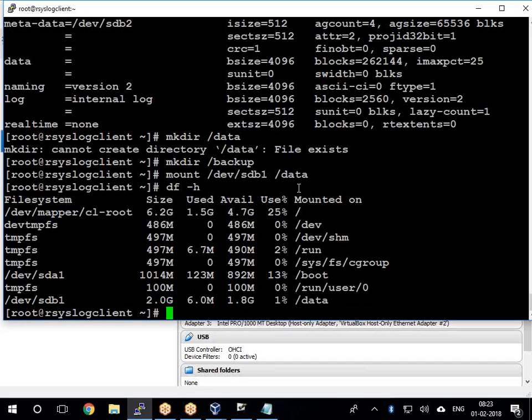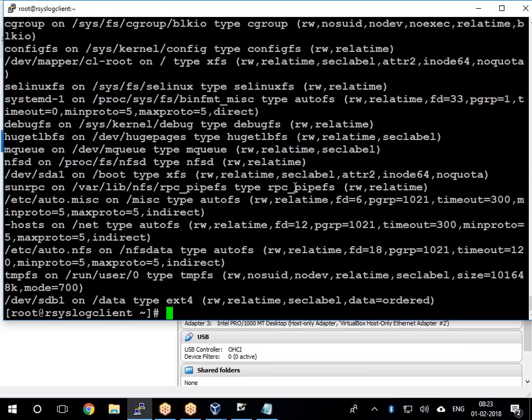SDB1 successfully mounted. Or we can run the mount command. Mount also shows all mounted, temporary or permanent mounted. It shows all mount points available in your Linux box. It shows in the last field, SDB1 on data, type, the file system type ext4. So if you want to see that file system type information,